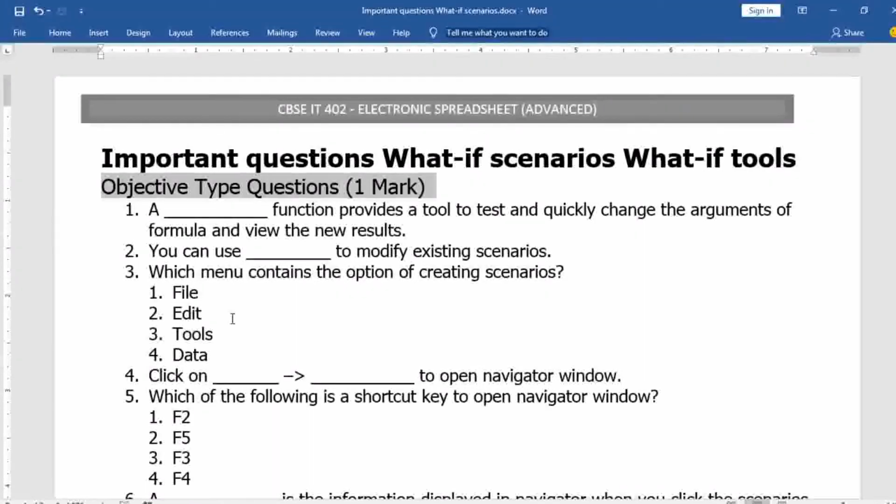So the first question is, a dash function provides a tool to test and quickly change the arguments of a formula and view the new results. So the answer is what-if scenario, or you can write scenario also. That is one function or a tool that tests and quickly changes the arguments. Arguments means the values, whatever values we are providing, that can be changed by scenario, and then we can save